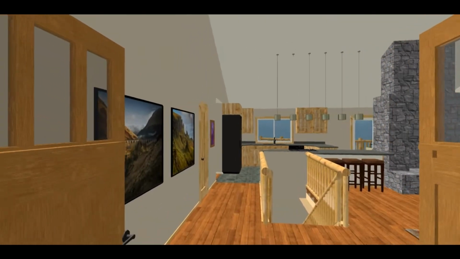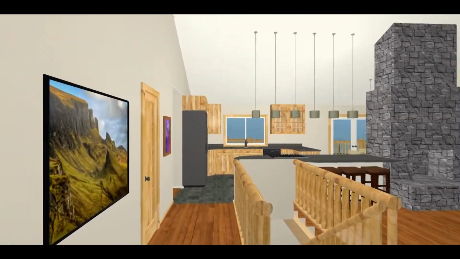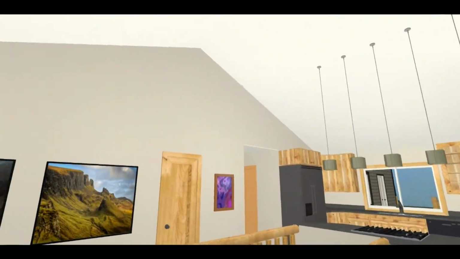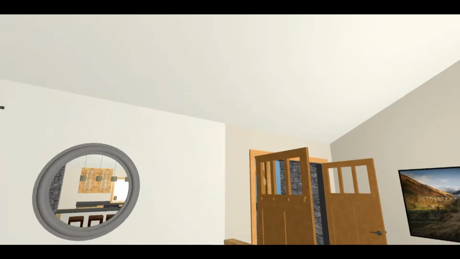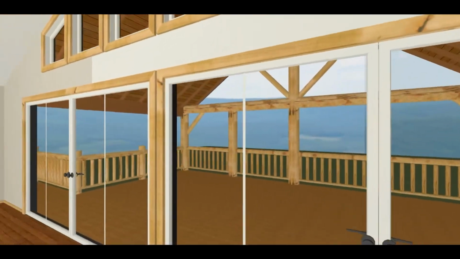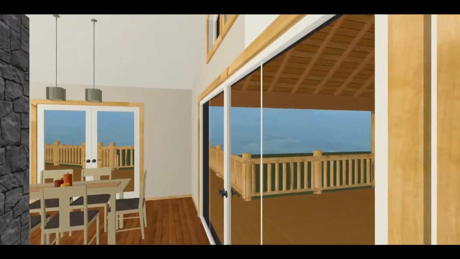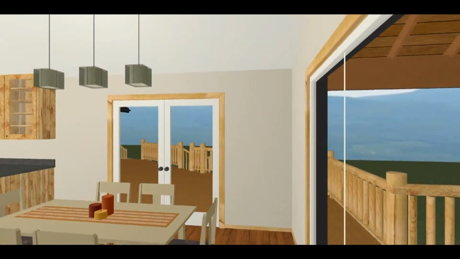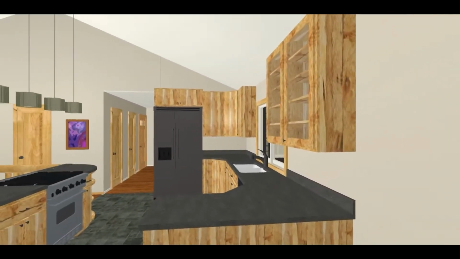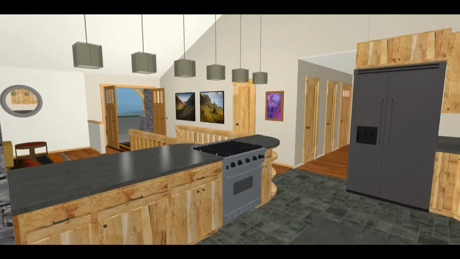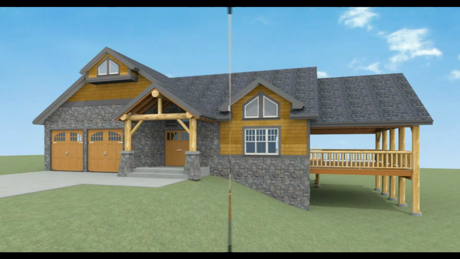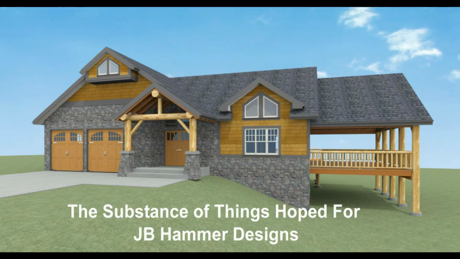The advantages of these tools are obvious. You can see it before you build it, and thereby save on the tremendous expense of trying to change something after it's already in place. Now many manufacturers make 3D images of their products such as cabinets, flooring, and fixtures so they can be placed in 3D models. This technology has been developing for the past 20 years, but unfortunately most designers still do not use it. I can show you your project through every phase of the design process with videos like this, so you can actually see the finished product before you ever break ground.